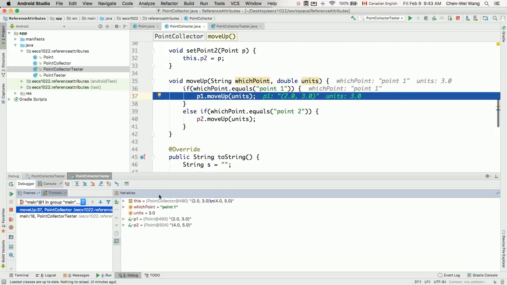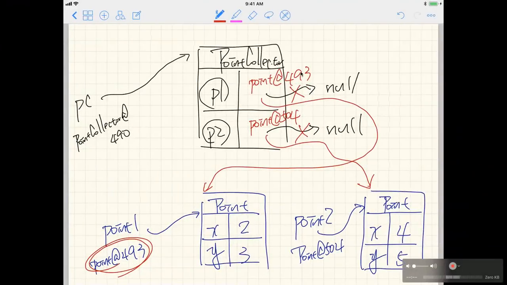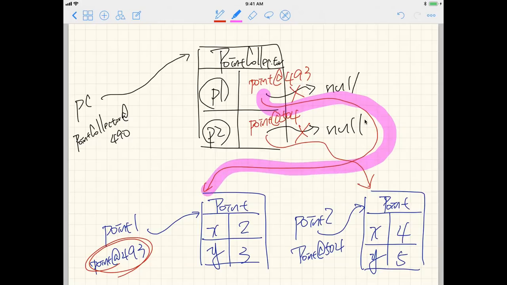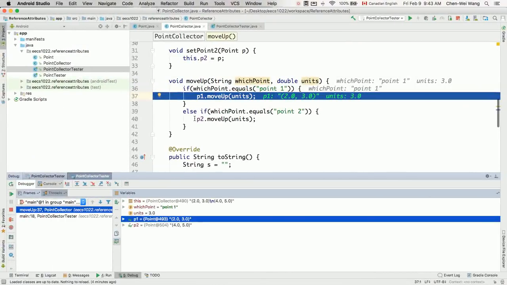What's p1? You can see p1 over here is referring to the address Point@493, which is pointing to this object here. Let me just highlight that for you, which is referring to this object over here, the same as this one here. When we say p1 move up,